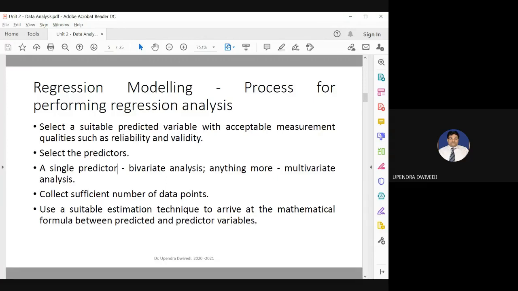So suppose you are developing a model to predict your expenses. It is directly related to your pocket money. It can also depend on other variables, but mainly it depends on the pocket money. If you are getting 1,000 rupees per month, you are not going to spend much. But if you are getting 10,000 rupees per month, definitely you are going to buy a new mobile, new clothes, and so on. Please give me one or more examples, and then we'll proceed further.